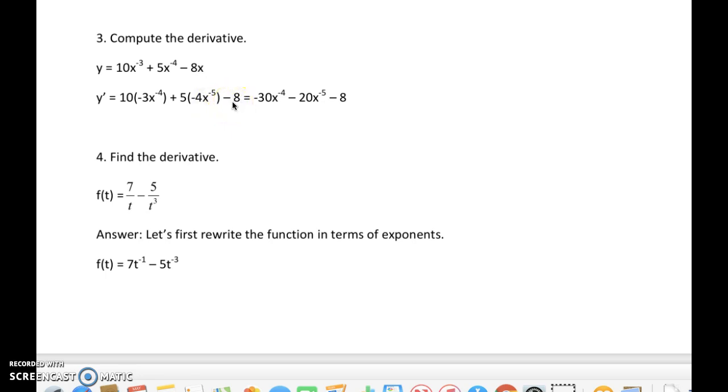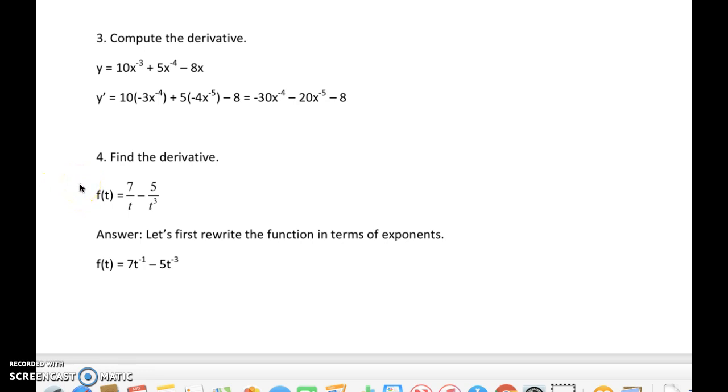Remember, when we subtract 1 from x to the 1, it becomes x to the 0. X to the 0 is 1, and 1 times anything is 1. When we go ahead and combine these, I have negative 30x to the negative 4 minus 20x to the negative 5 minus 8. Let's go ahead and look at number 4. Now, number 4, we're given